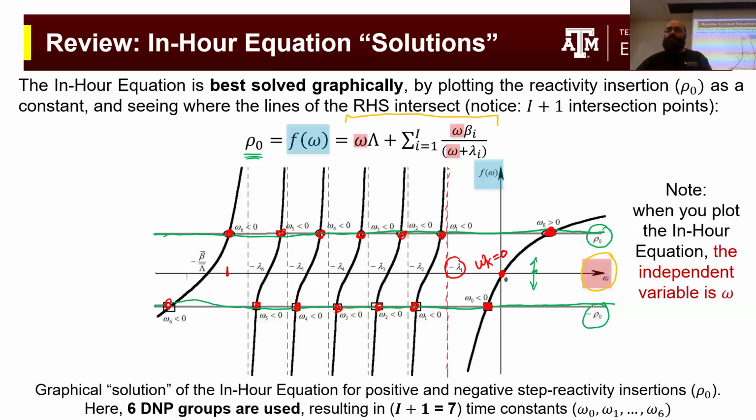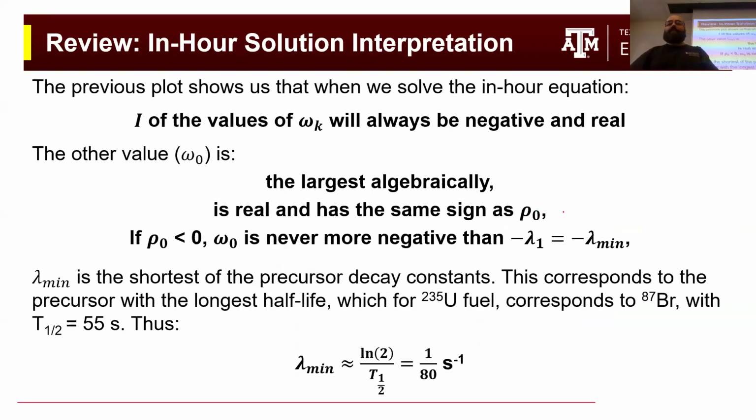This bottom horizontal line is a negative reactivity insertion, and if we made that reactivity insertion even more negative, then this horizontal line would fall further and further down, which means that this solution to this omega 0 time constant would get closer and closer to this horizontal asymptote. So if the reactivity insertion is negative, that omega 0 time constant is bounded between 0 and negative lambda 1, which is the minimum